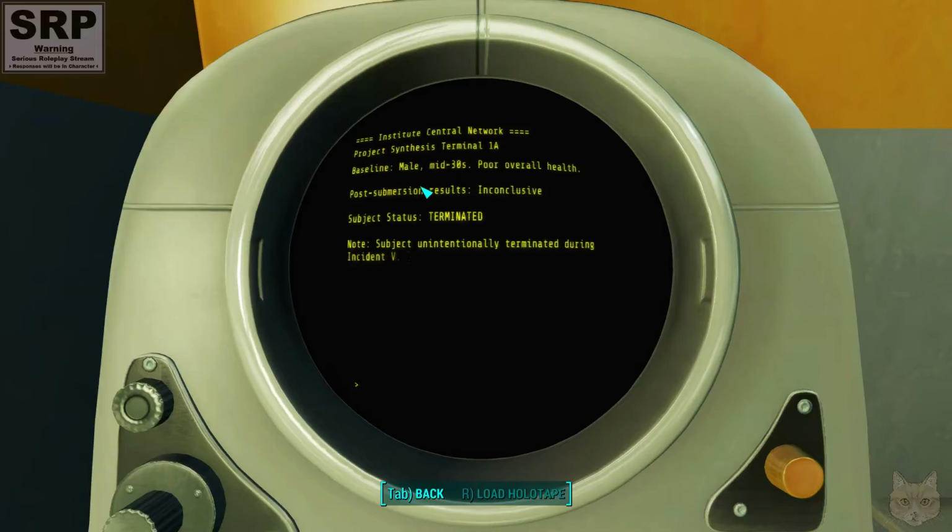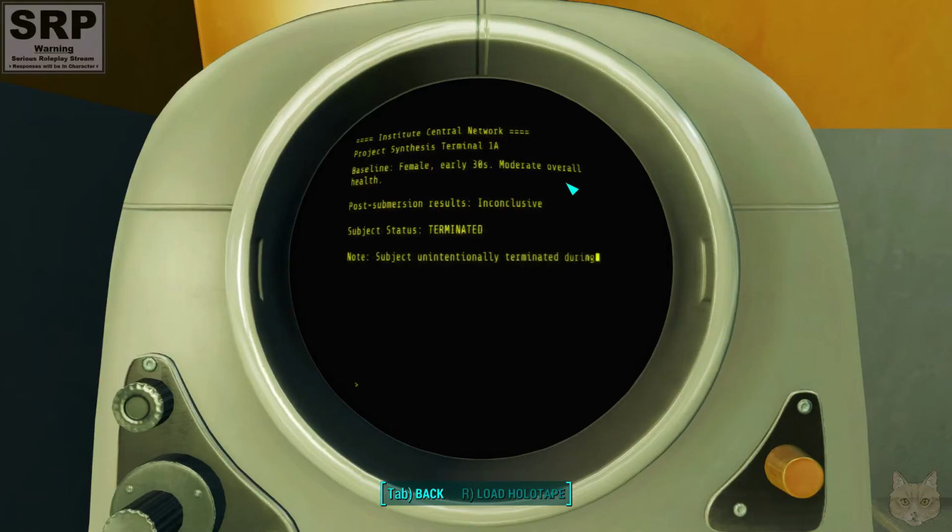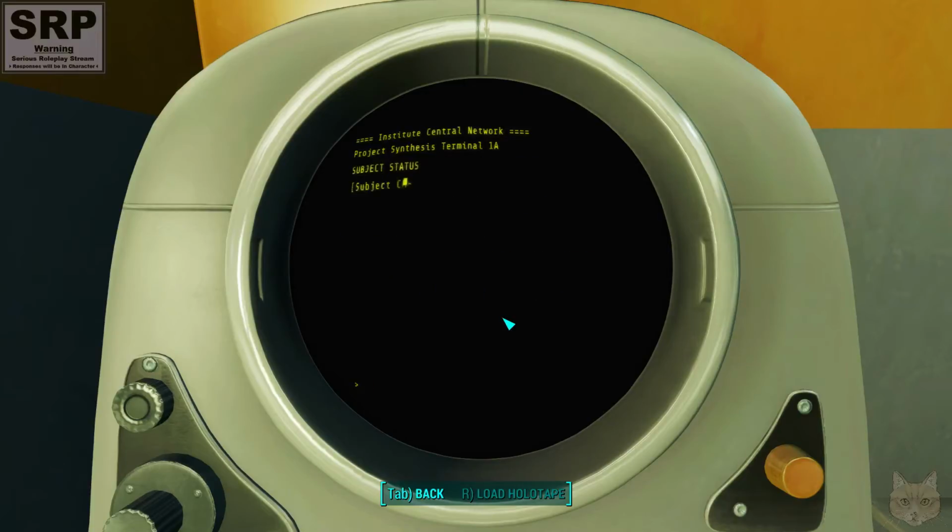Male, mid-30s, poor overall health. Inconclusive, terminated. Subject unintentionally terminated during Incident 5. Data should be culled from future reports. Baseline early 30s, overall health moderate. Inconclusive, terminated. Unintentionally terminated during Incident 5. Data should be culled from...